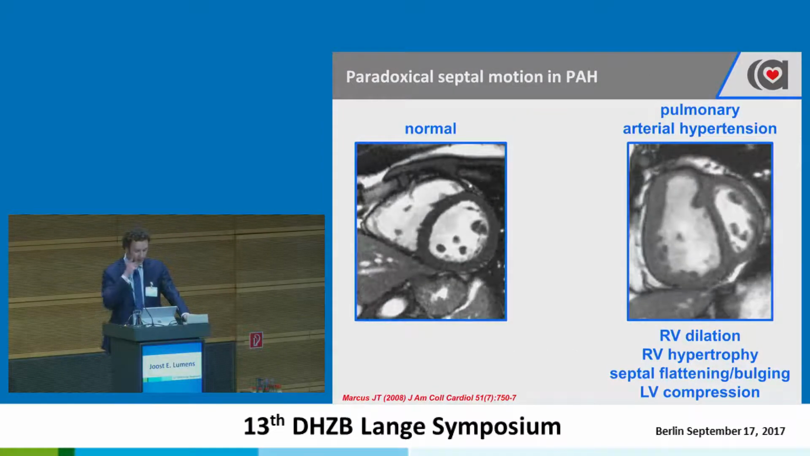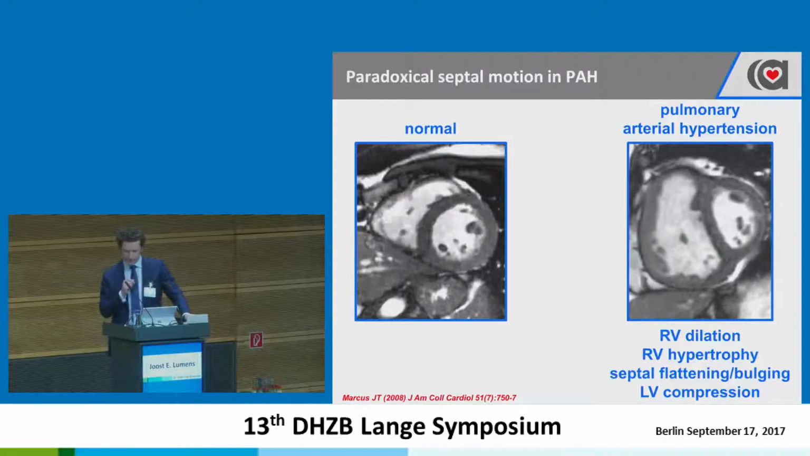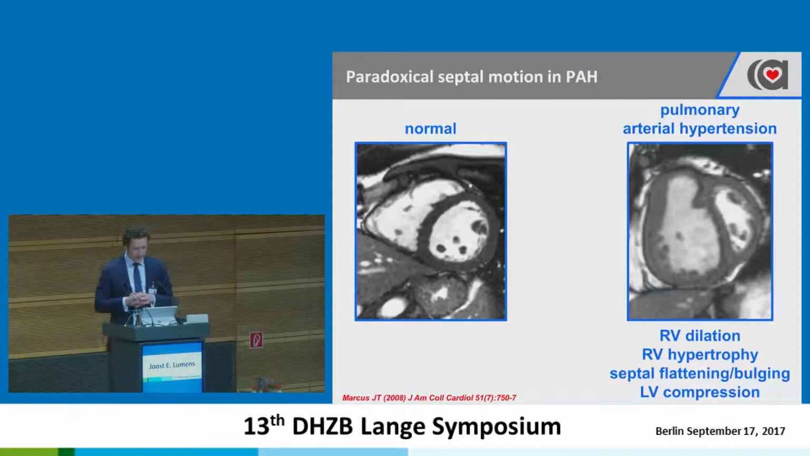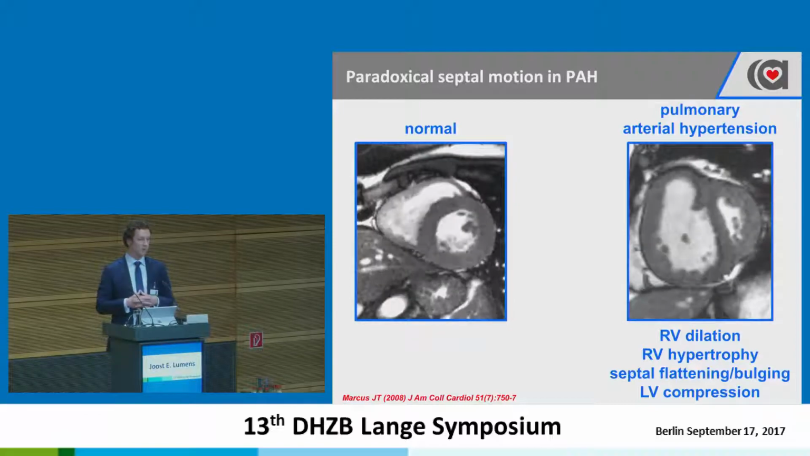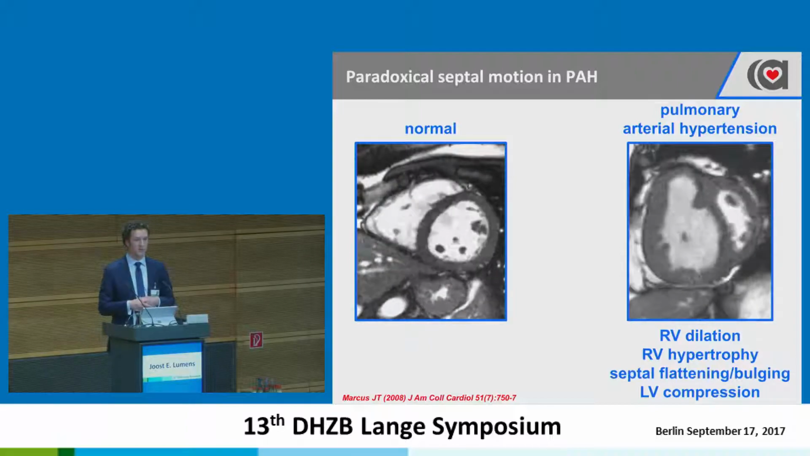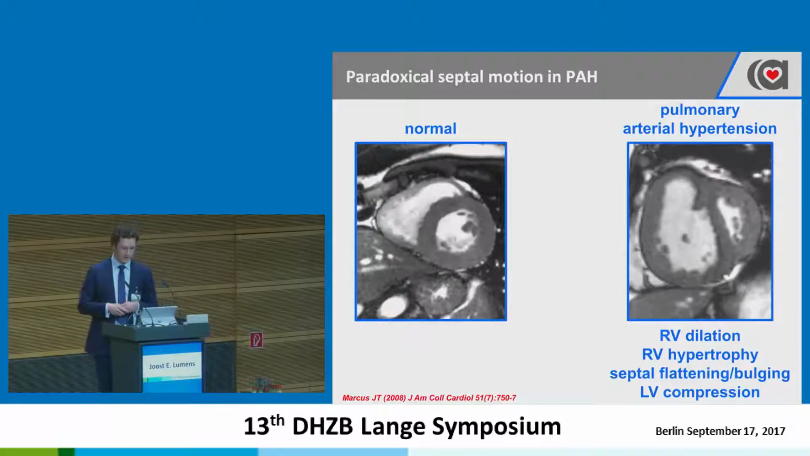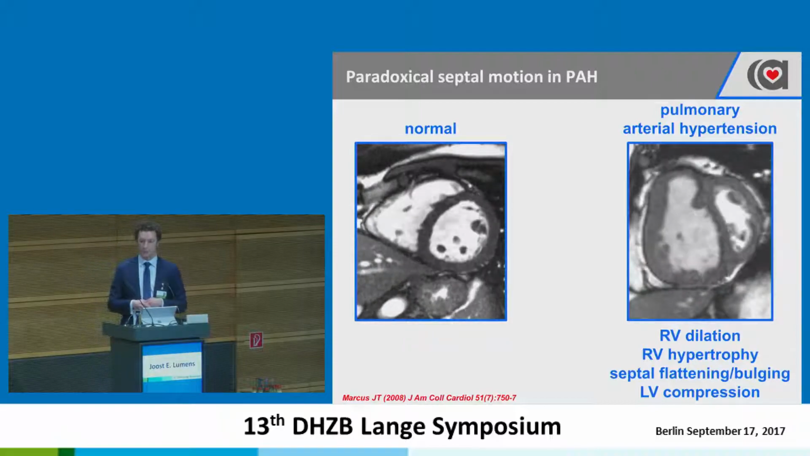So let's talk about pulmonary hypertension. Well, this movie runs properly there, not on my screen. So we all know the paradoxical septal motion in a pulmonary hypertension patient. This is an adult patient from the Amsterdam group MRI data, where you can see a very nice leftward septal shift